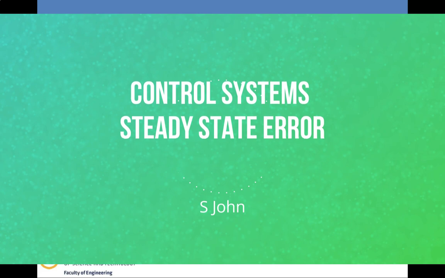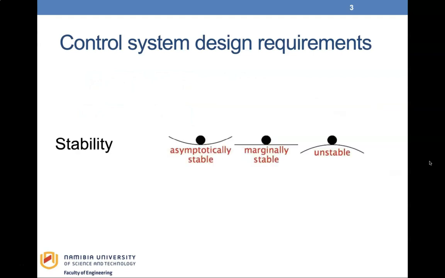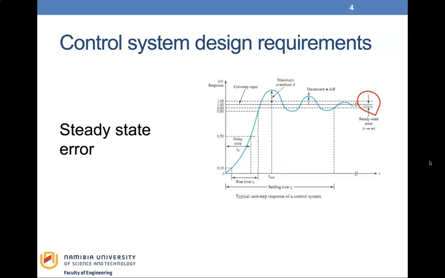In our previous lecture, we saw that control system design depends on three specifications. Transient response, which deals with the rise time, settling time, and percentage overshoot. Stability, which deals with the characteristic of the system to converge and settle at the input command or diverge and be unstable. Finally, the last specification is the steady state error. We covered the first two specifications in our previous lectures, and in this lecture, we will be considering the steady